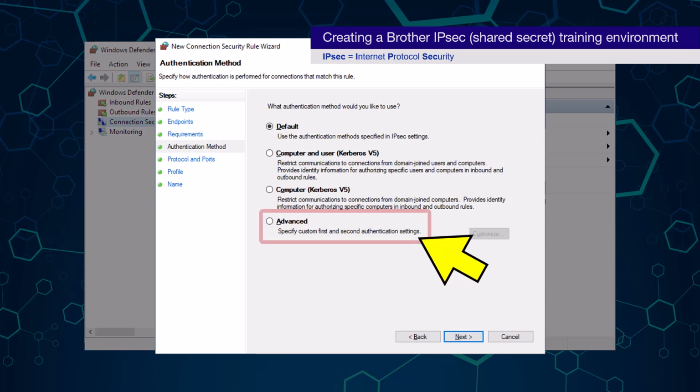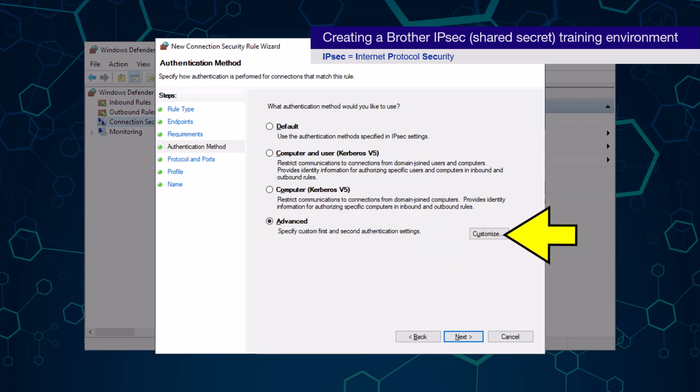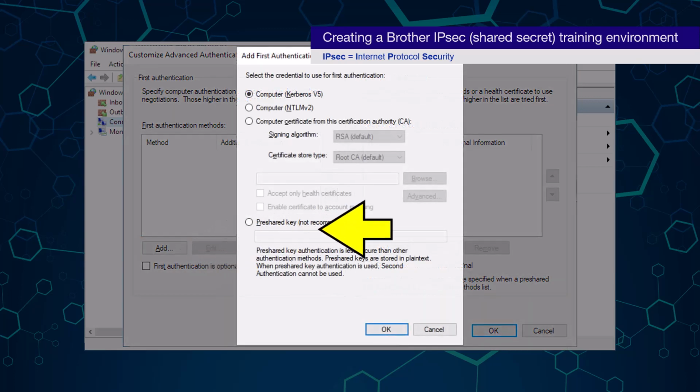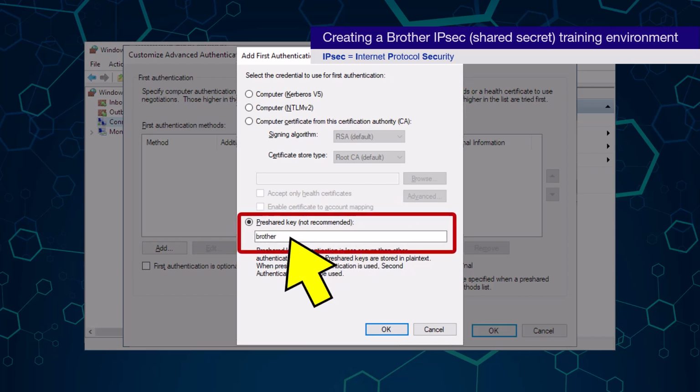This is where I need to retype the shared secret that I used earlier. To do this, I need to click the Advanced option, followed by the corresponding Customize button. From here, I am going to click the Add button from the first Authentication Methods section, where I can now select the Pre-shared key option and type the word brother like I did before.